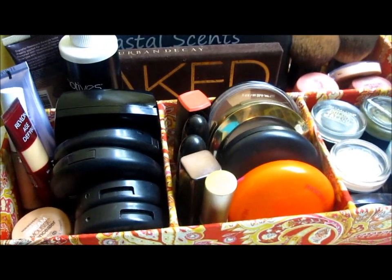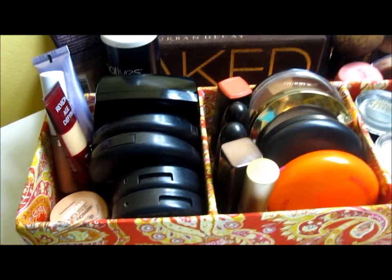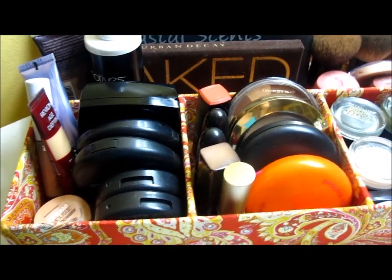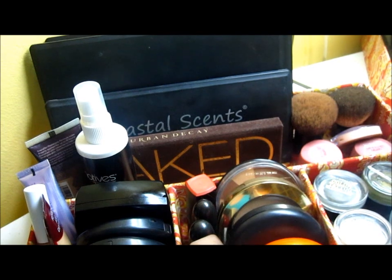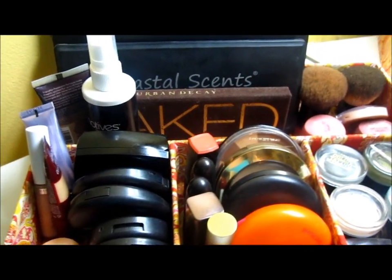Hey guys, so I decided to film my essentials makeup collection. I guess it's not my entire makeup collection, it's just my essentials. This is what I keep at my desk. This is pretty much what I can go using for an entire year without maybe ever touching the rest